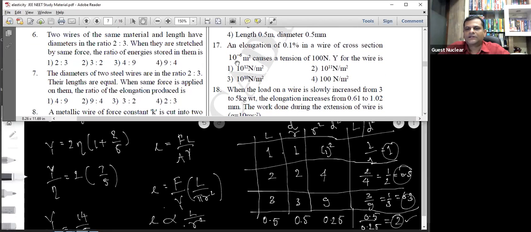ओके 17 वाला ट्राई करो, व्हाट कैन बी द करेक्ट आंसर, जस्ट पुट इट इन द चैट बॉक्स फास्ट, 17 वाले का आंसर।